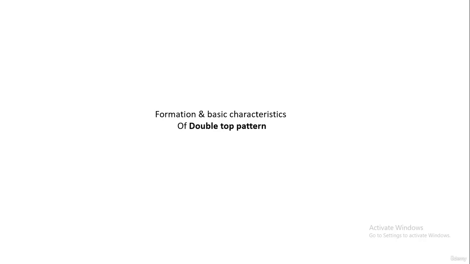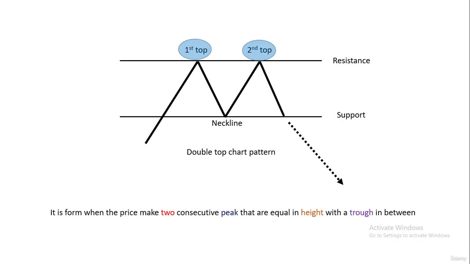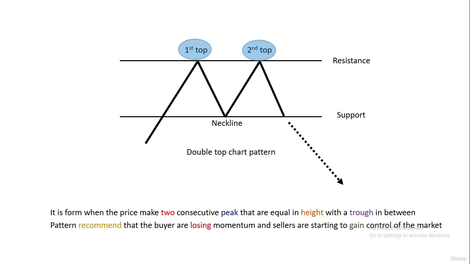So let's start. The double top pattern is a bearish reversal pattern that occurs at the end of an uptrend. It is formed when the price makes two consecutive peaks that are equal in height with a trough in between. This pattern suggests that the buyers are losing momentum and the sellers are starting to gain control of the market. It can be used as part of your trading strategy and is frequently used in the forex and equity markets